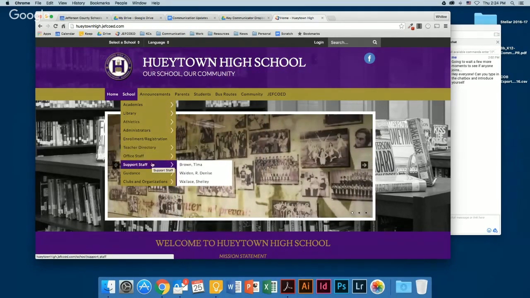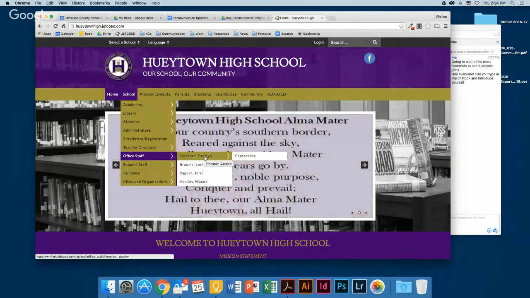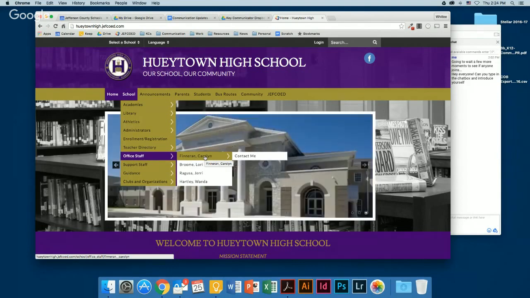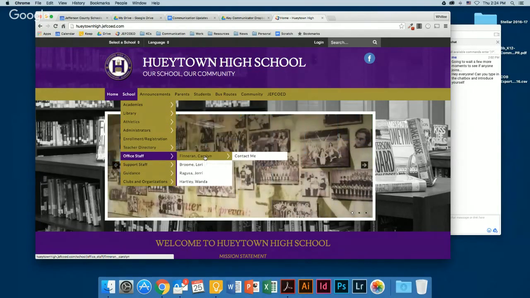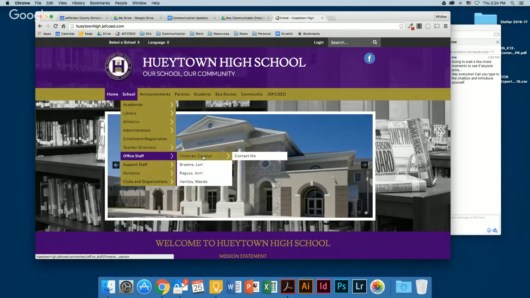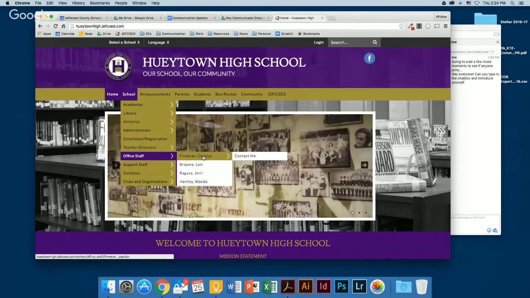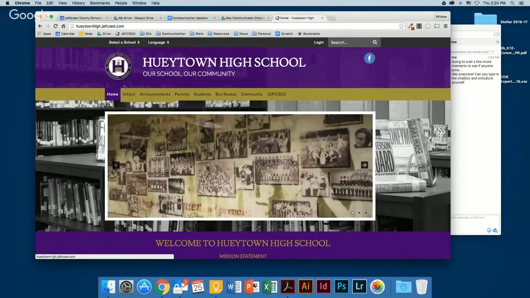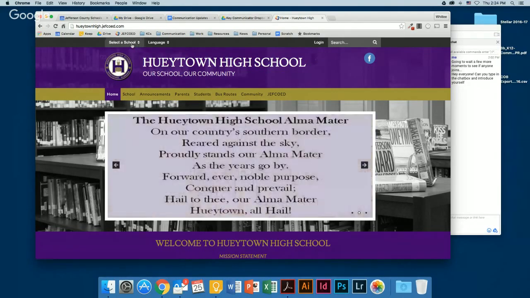Like I see it could be a benefit for someone in the office, like if someone calls your school and constantly asks for reoccurring things, you could tell your office staff person that you could create a page for them, and whenever they want to add new things to their website, they can refer whoever's calling, parents, community members, to their page where all of that information is linked. So just kind of thinking in that regard will help as well.